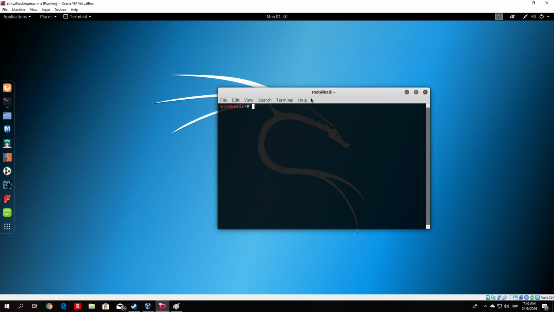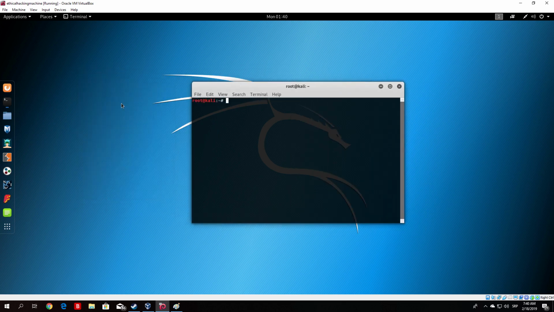And for those of you who don't want to use a graphical user interface and prefer to stay with the command line interface, you can just skip to the next video. But for those of you who prefer the graphical interface more, I will show you how to open it and use it from there. So first of all, open up your Kali Linux machine, and then in the upper left